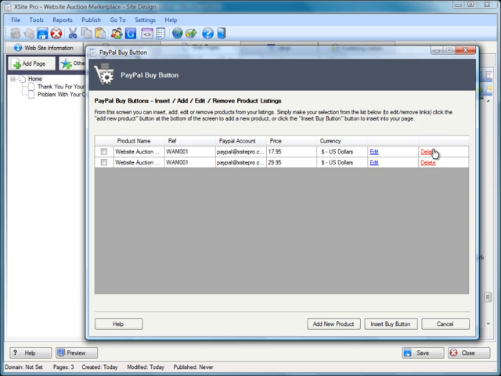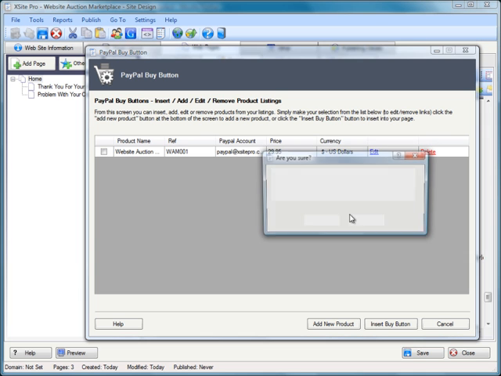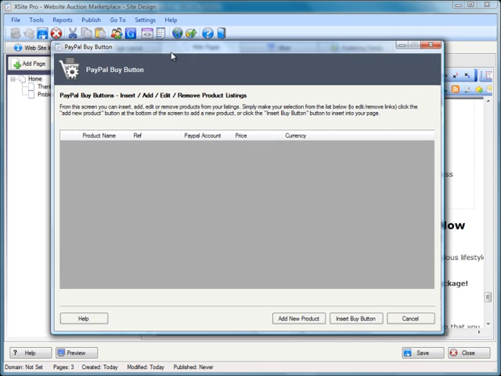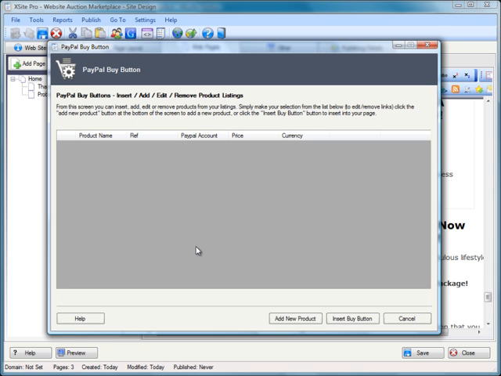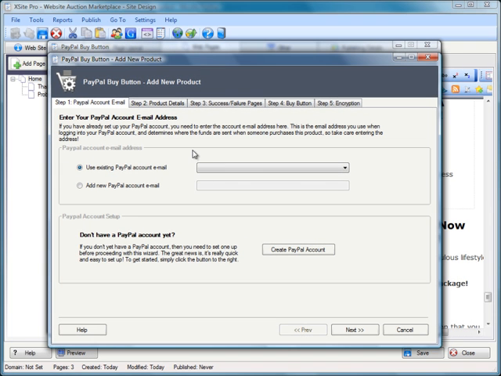Now, what I'm going to do is get rid of these couple of other products that are already in the list just to keep things simple. When you first load this module, it'll be empty like this. There'll be no products listed. All I'm going to do is click the Add New Product link, the button at the bottom of the screen there,